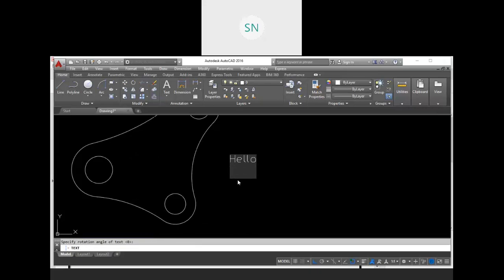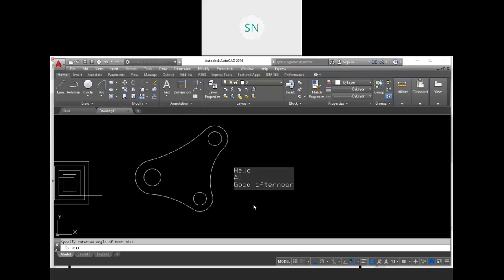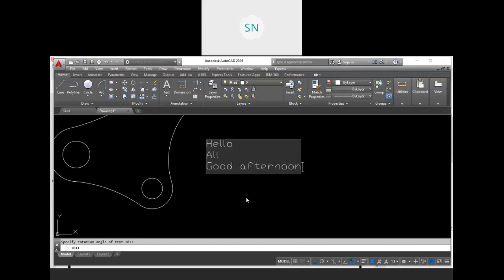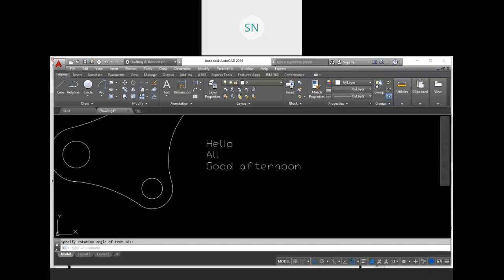Press enter and again type, again enter, again you can type. But once you press enter twice, your command is going to finish, right?